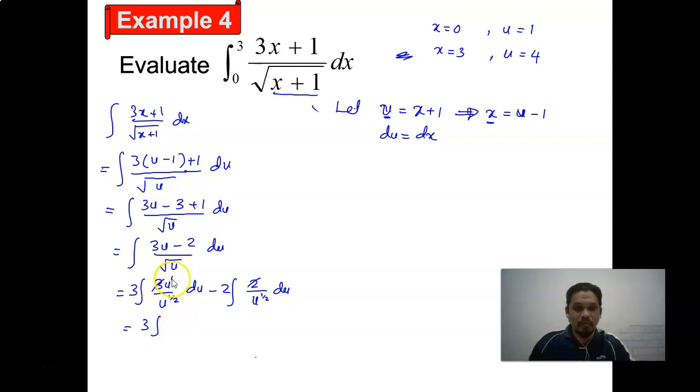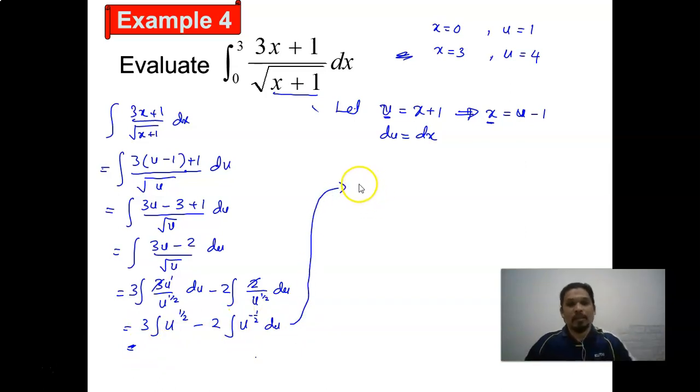Divide means 1 minus half, so u to the power of 1 minus half equals half. Minus 2. Okay, bring this above here. The u to the power of half in the denominator, brought up here, becomes u to the power of negative 1 over 2, du. So now, if I bring it up here, it equals the integral of 3 times u to the power of half, then we come up with